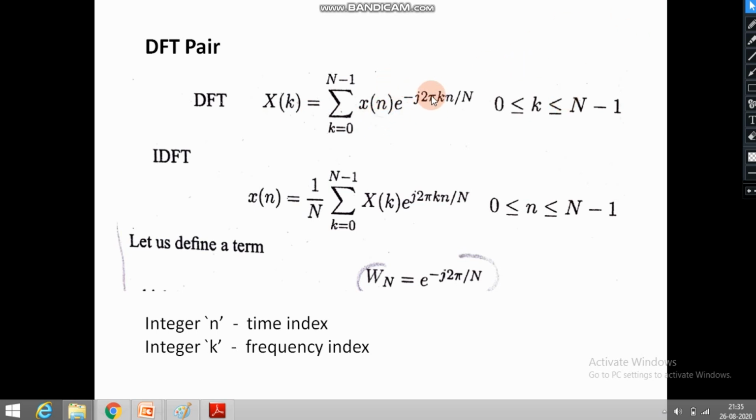Here we can see that instead of ω, we have replaced 2π/N into k, and so we have got this equation, which is formed from the DTFT equation,